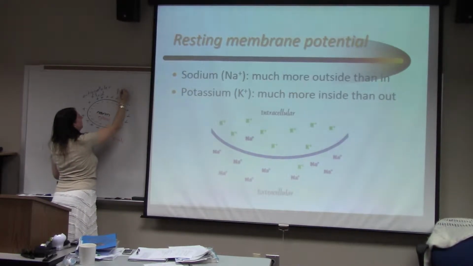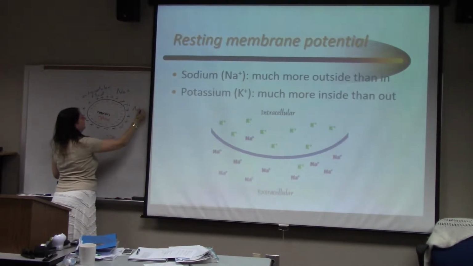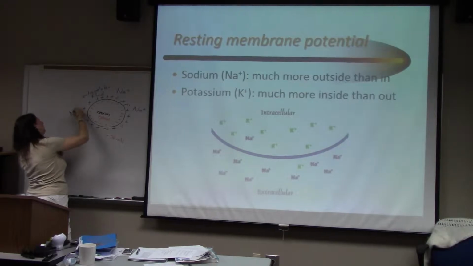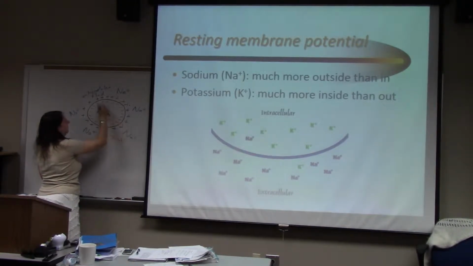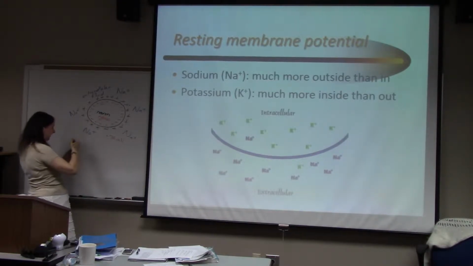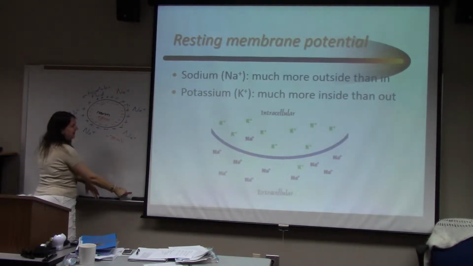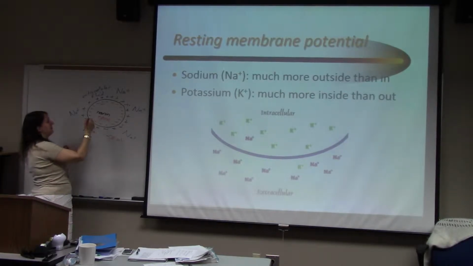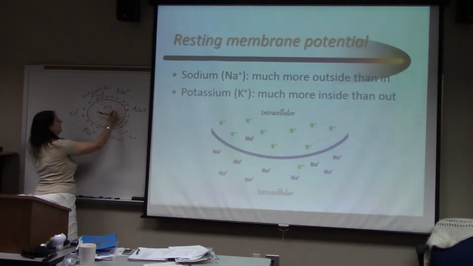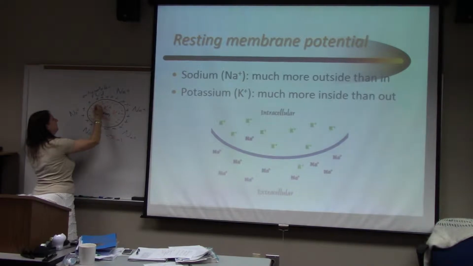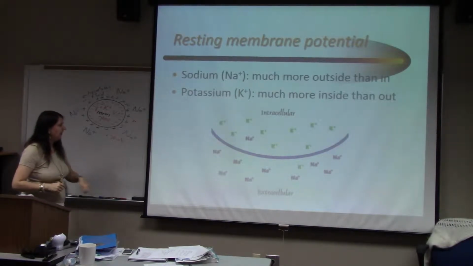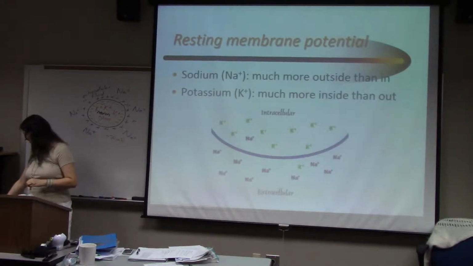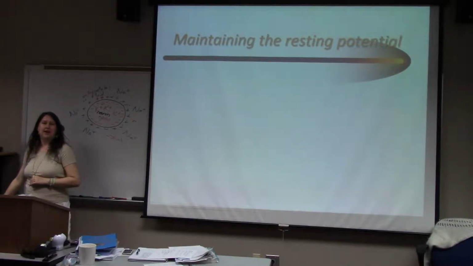Sodium is primarily outside the cell. There's a little bit inside, but a lot less in concentration. Potassium is primarily inside the cell. How they get there,